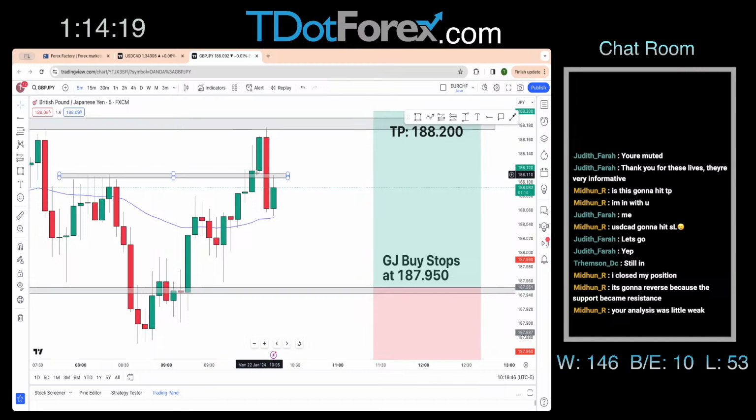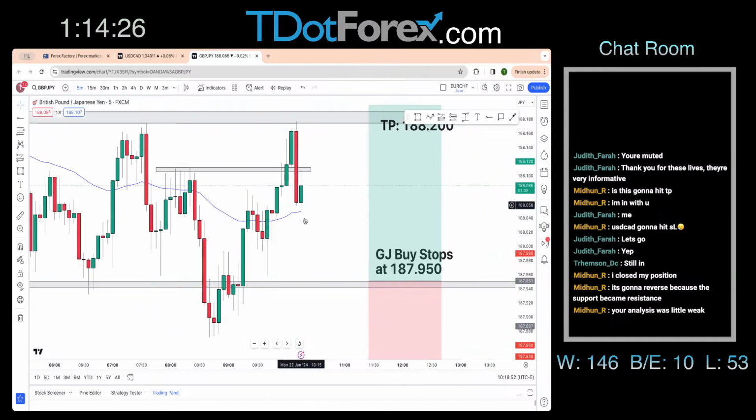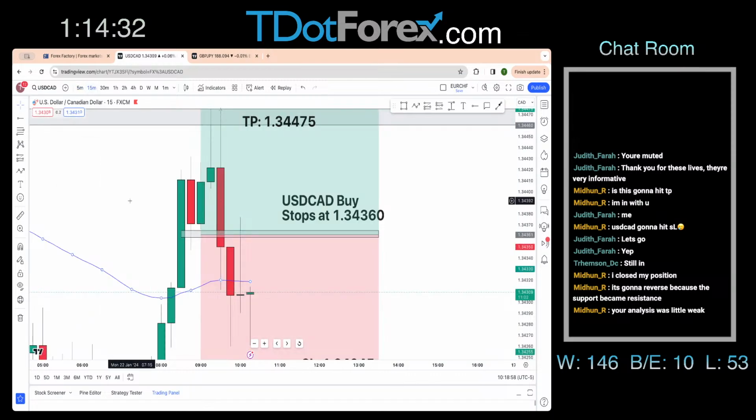You can see GD did attempt to reject this level here, but it came up to this top end level, which again we already had drawn out. And now we could see reach down here before a potential reversal. And on the other hand, again, USD CAD can make that push right back up top